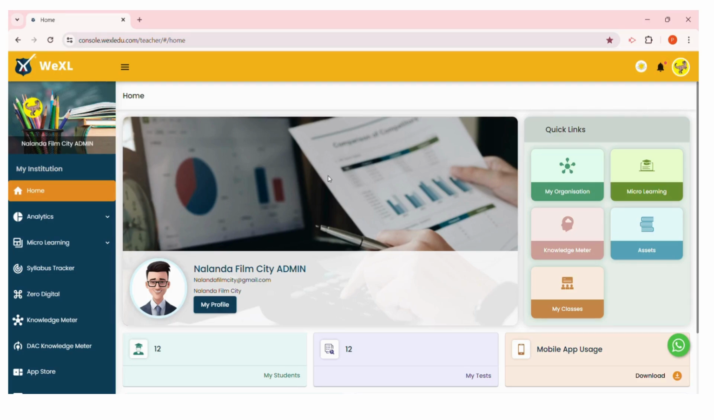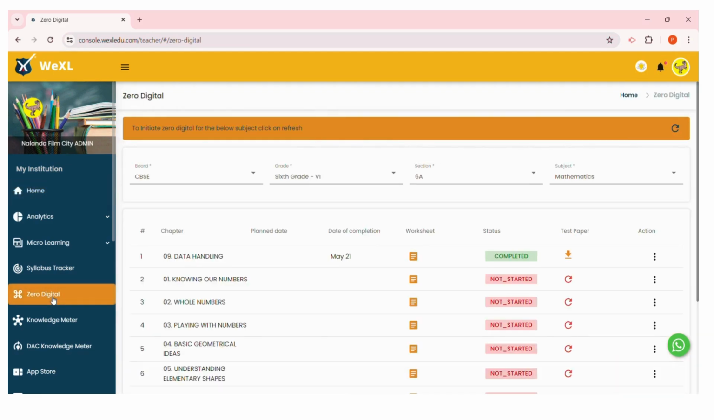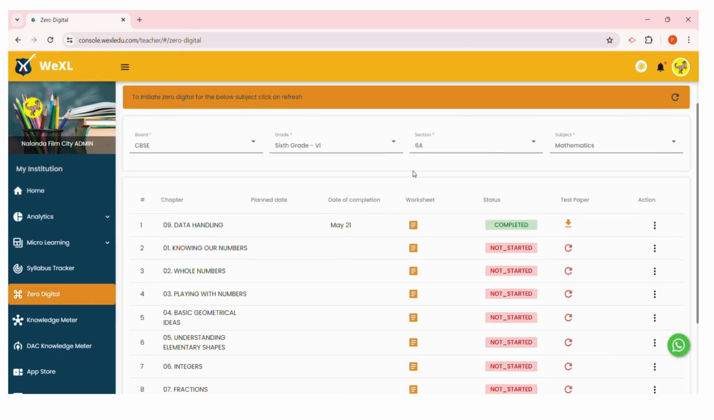Hi, I'll brief on our new feature Zero Digital. Once we log in to the platform, navigate to Zero Digital, which is available on the left menu. Now click on a particular subject